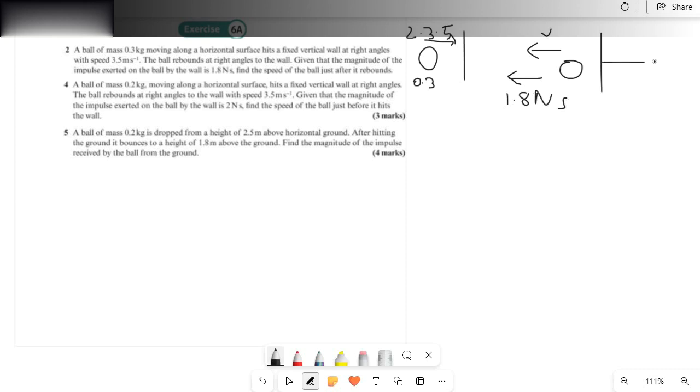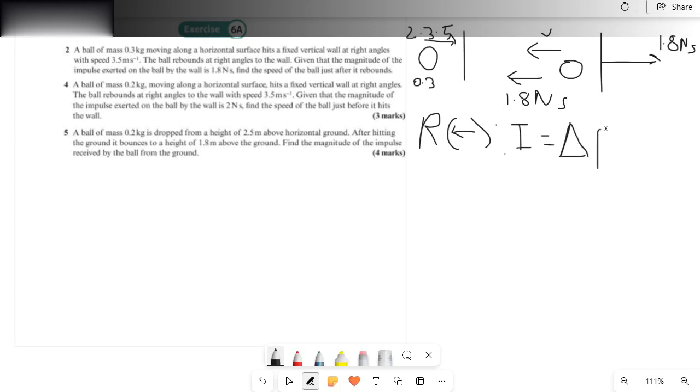So similarly, the wall will also receive an impulse of 1.8 Newton seconds, and so resolving to the left, assuming the left direction is positive, we can use the formula I equals change in momentum, which is